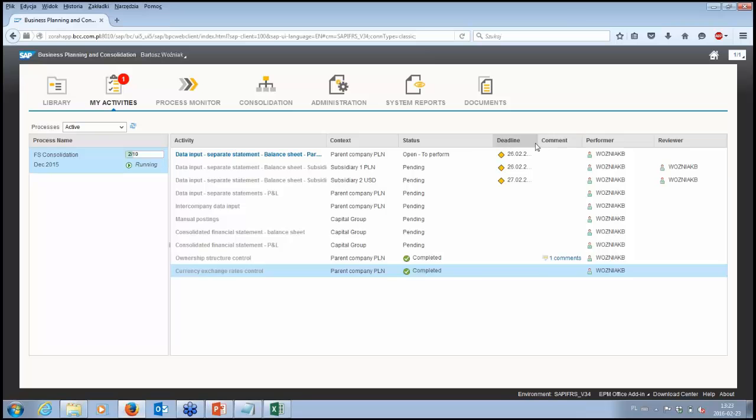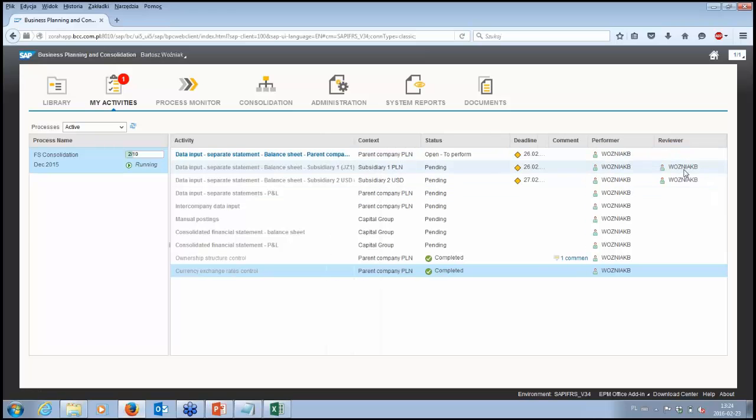I have also some deadlines assigned here. It is showing in yellow that I should maybe make it a bit quicker, because somebody, for example, in the two other steps, should also have the ability to review it. So okay, I can go on.